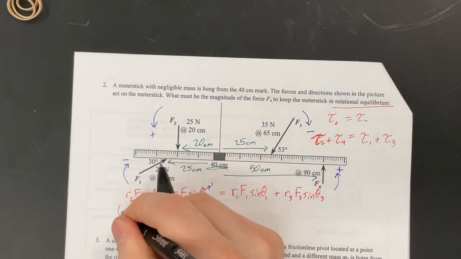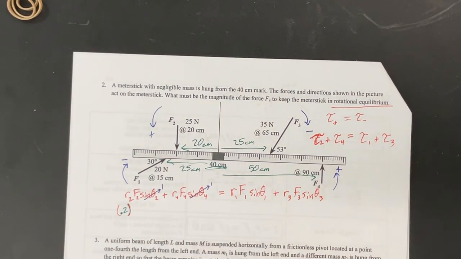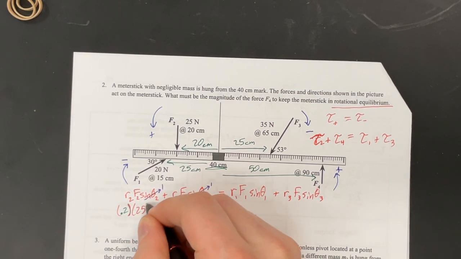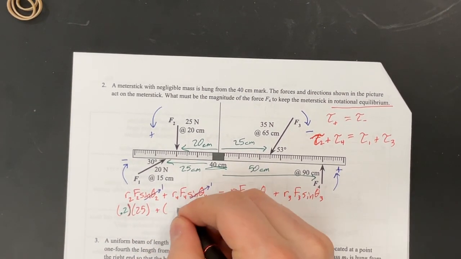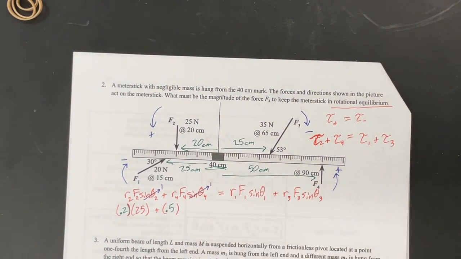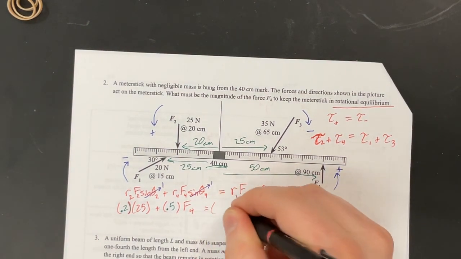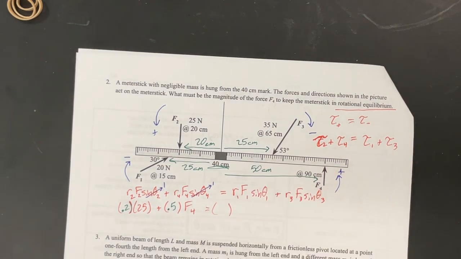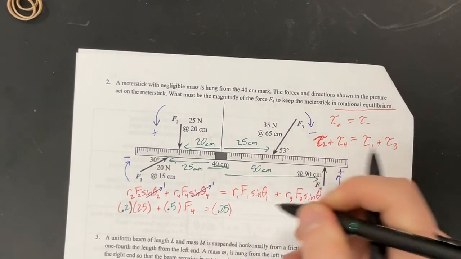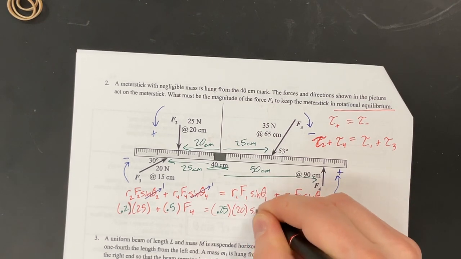Okay, so R2 is 20 centimeters, 0.2 meters. F2 is 25 newtons. Plus, R4 is 50 centimeters, so 0.5 meters. F4, that's what we're asked. What must F4 be to keep it in rotational equilibrium? R1 was 25 centimeters, so 0.25 meters. Force 1 is 20 newtons times sine of,